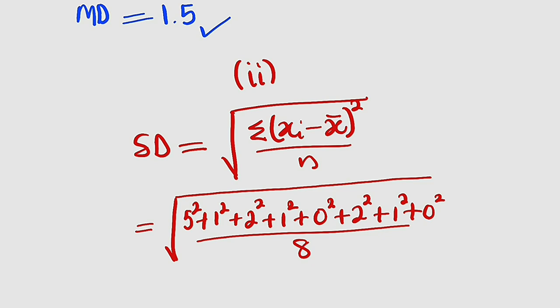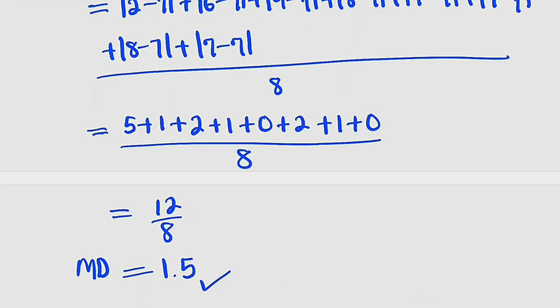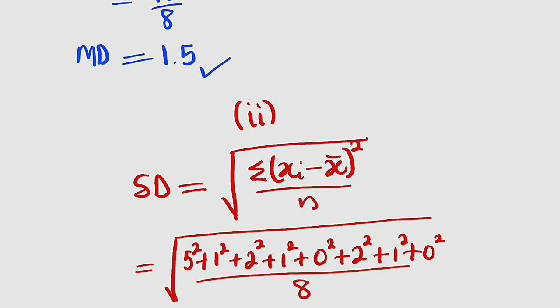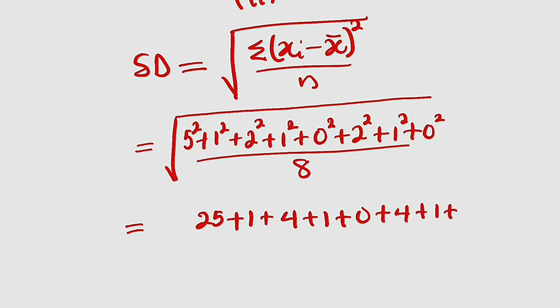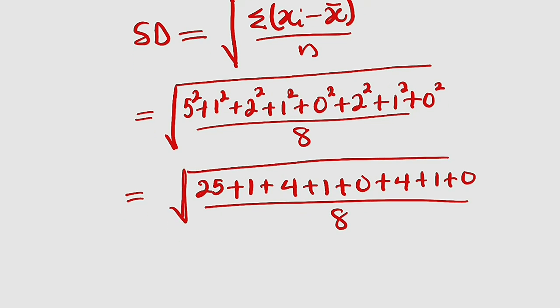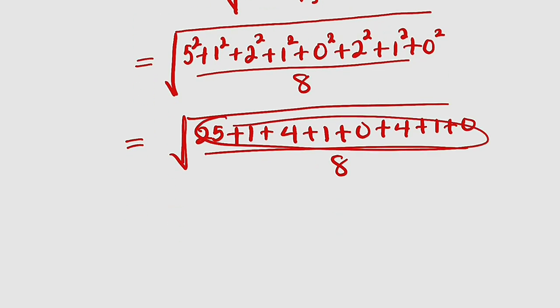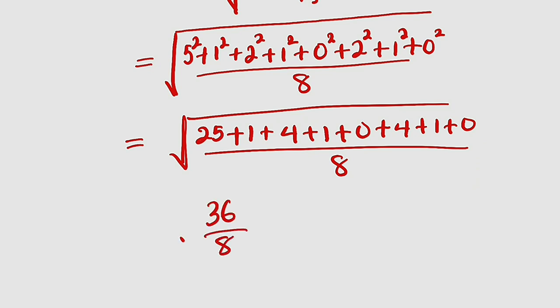Divide by n, which is 8, right? So I have squared all of these numbers because that is just the difference between them, then including the square root. So this is equal to 5 squared, which is 25, plus 1 squared, 1, plus 2 squared, 4, plus 1 squared, 1, plus 0 squared, 0, plus 2 squared, 4, plus 1 plus 0, divide by 8, all under square root. And if you add all of these numbers together, you're going to get 36 divided by 8 under